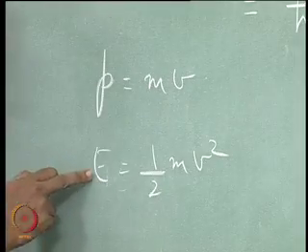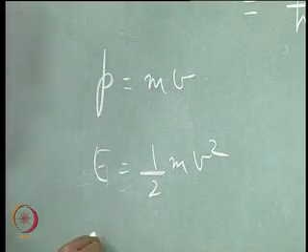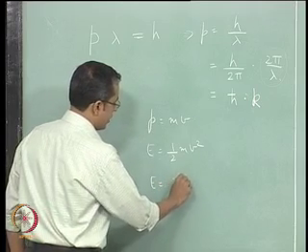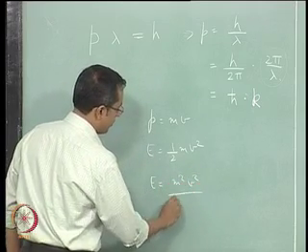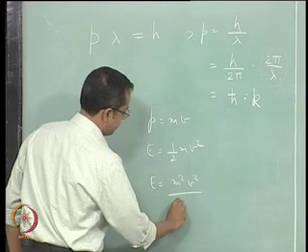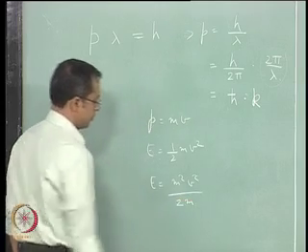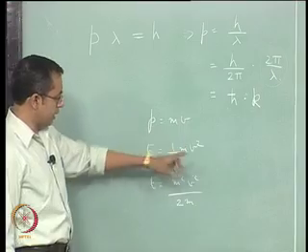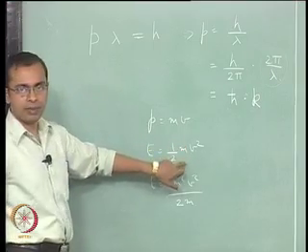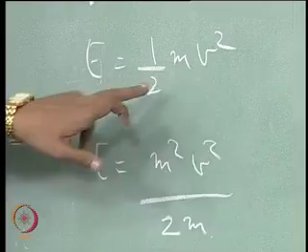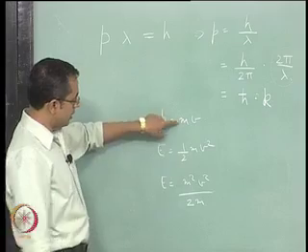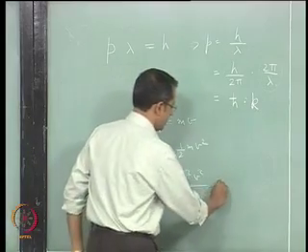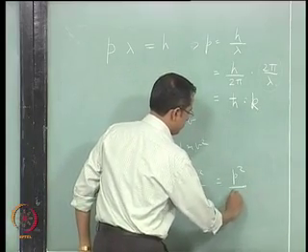If you try to relate energy and momentum, energy is m square v square by 2m. Essentially all I have done is multiplied the numerator and denominator by m. So m square v square by 2m is what this equation is, and the numerator is now p square because p is m v. So E equals p square by 2m,